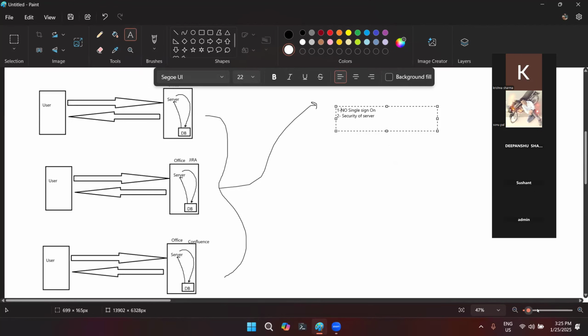Yeah, so if a user is leaving the organization, suppose, then it will be difficult to find out where all he was having access, and to remove his access. Yes, that is also correct.